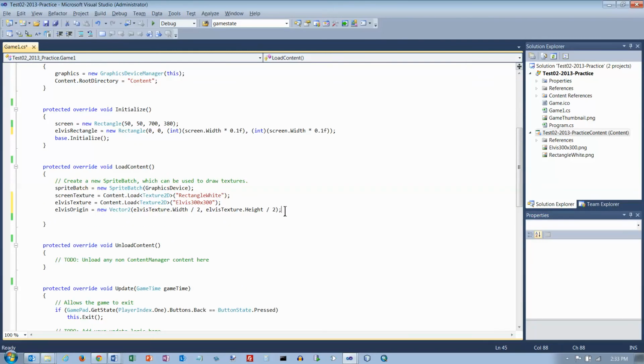Okay, and that'll set the origin, which is just the location on the picture that we're going to